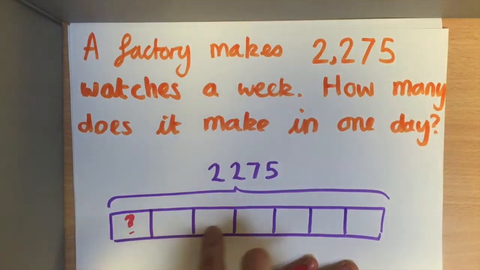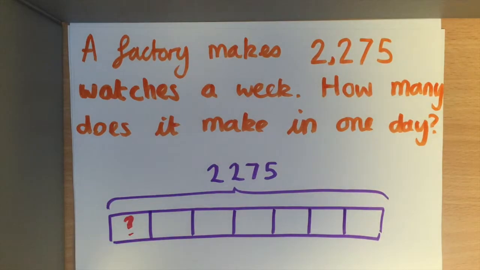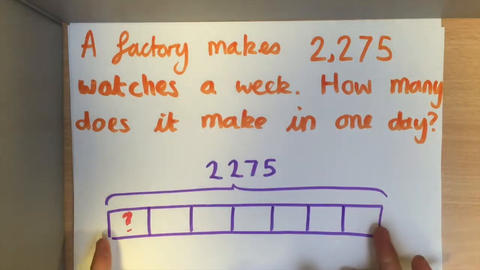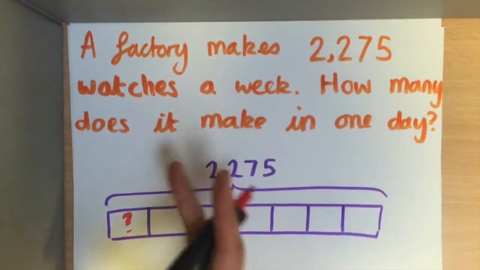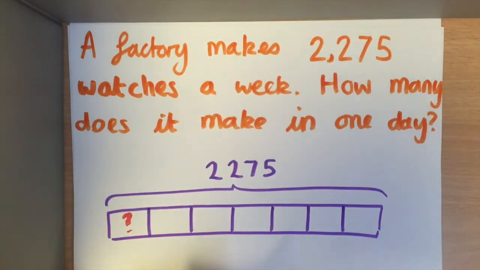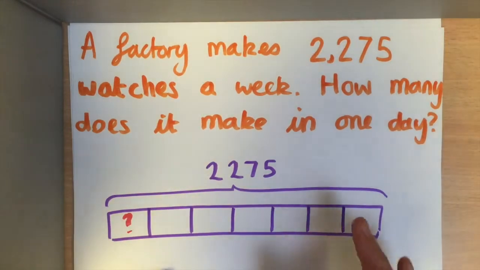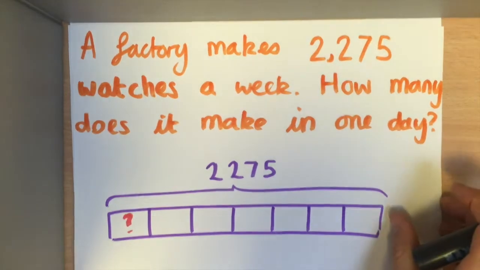So if this whole bar represents 2,275 watches, how am I going to figure out what this one box is? Simply, I've divided my 2,275 into 7 equal boxes. Listen to the phrase of that sentence: I've divided my 2,275 into 7 boxes. So that's my maths problem. I'm just going to move this to the side. We'll bring it back later. I now need to do